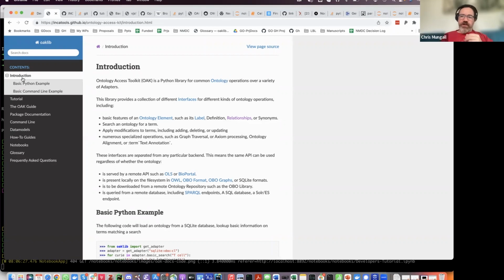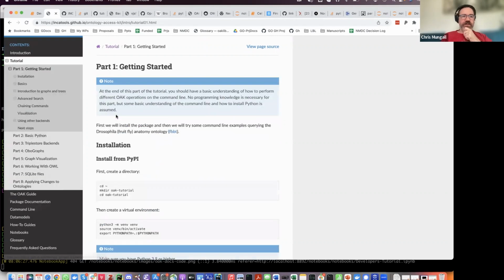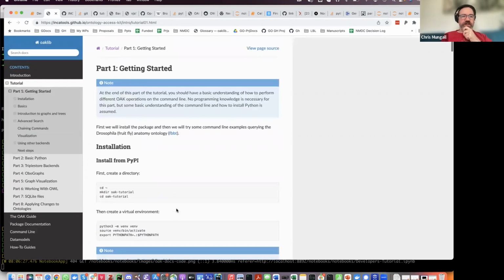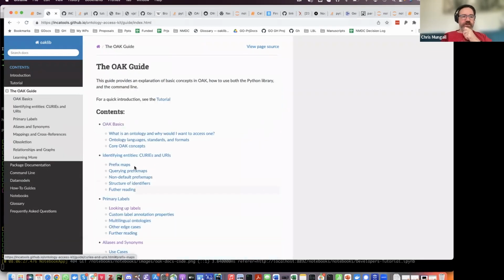So there's no one correct path through the Oak documentation. What we try to do is give some general grounding where we can. There is a tutorial here that you can try. It's not as complete as we'd like, but the first part gives you a good grounding in the concepts and the command line. What we're working on here is a deeper dive into some of the concepts and